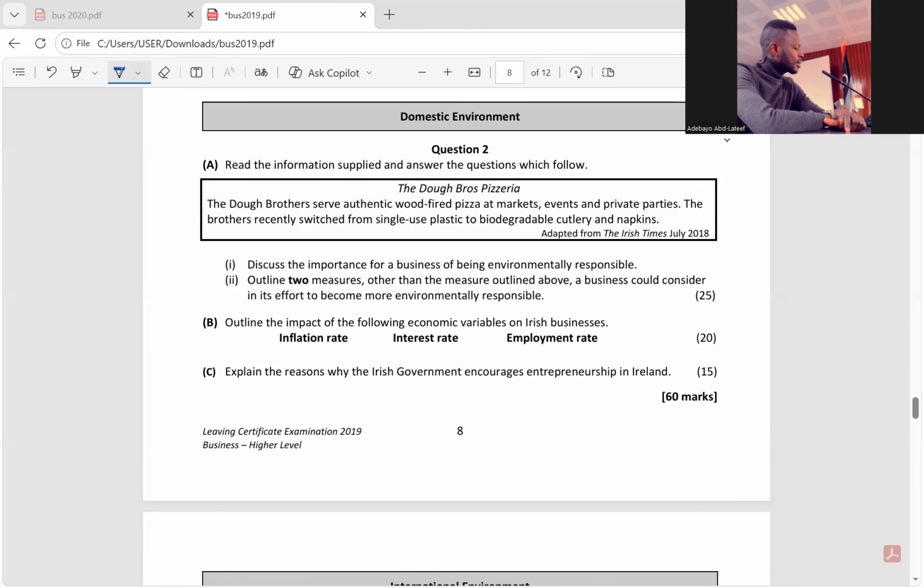So because businesses have to pay so much to buy equipment, because most of the time capital goods are goods that you have to take a loan, you have to borrow to buy. And the cost of borrowing is increasing. So the cost of capital goods would increase. So firms don't have the incentive to buy equipment for expansion. So expansion reduces in Ireland as a result of a rise in interest rate.